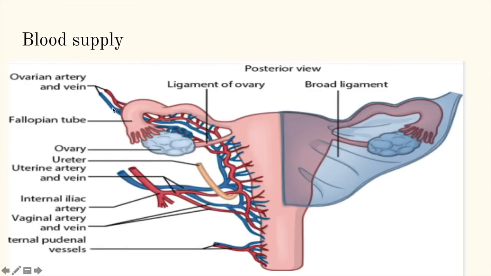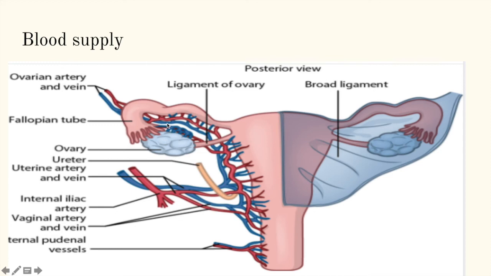Now we'll see the blood supply. It is supplied by the ovarian artery, which arises just below the level of the renal arteries. This ovarian artery descends at the posterior abdominal wall, reaches the suspensory ligament of the ovary, passes through it and reaches the anterior border of the ovary. This is the anterior border, and this is the posterior border. Through the anterior border, known as the mesovarium, there is a short peritoneal fold, and through that peritoneal fold the artery reaches the ovary. This is the way it supplies the ovary.